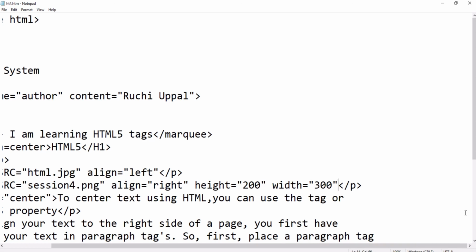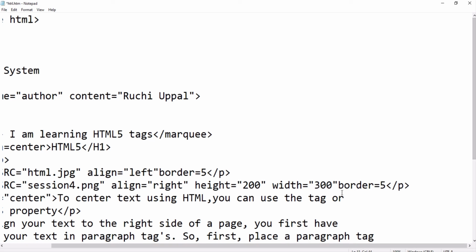Okay, border is equal to, okay, so I have to tell the thickness of the border also, that I want in the pixels, that I will use it in the pixel. Okay, so border I am writing 5. Okay, control S. Here also I have to write border is equal to 5.